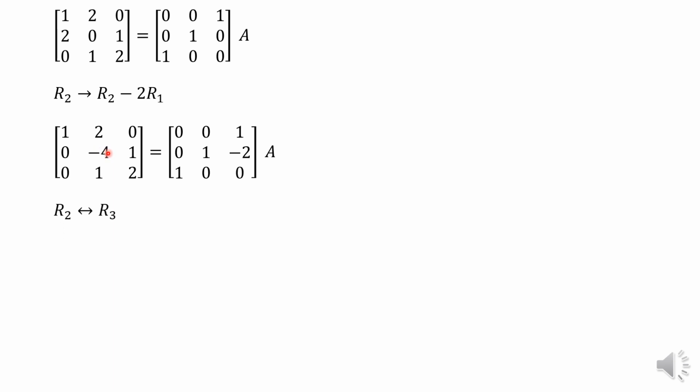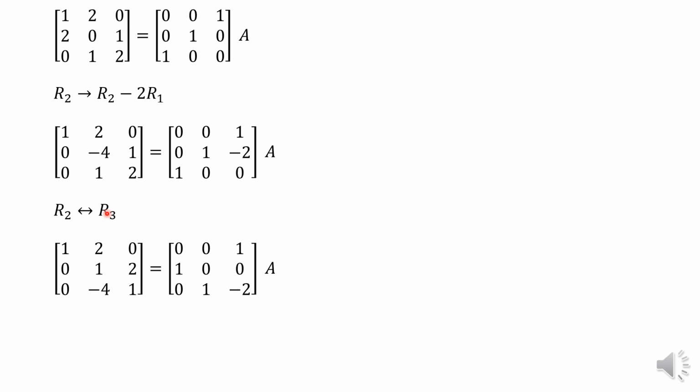So to make the leading entry of second row equal to 1, the operation now is swap R2 with R3. With that, the matrix is now equivalent to, I am not changing R1, so therefore 1 2 0, R1 as it is, and R3 and R2 get swapped, therefore we get 0 1 2, 0 minus 4 1. Same operation has to be done here also, 0 0 1. Now R3 goes to R2 place, 1 0 0, R2 comes in the R3 place, 0 1 minus 2. Now you observe the leading entry of the second row here is 1. Now we have to make this element 0.